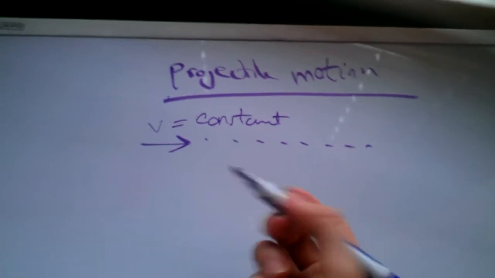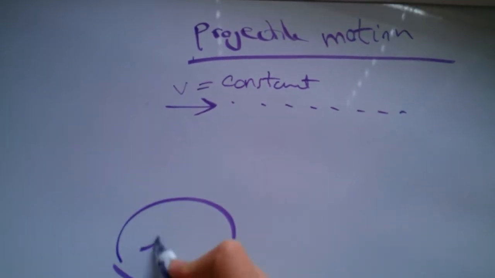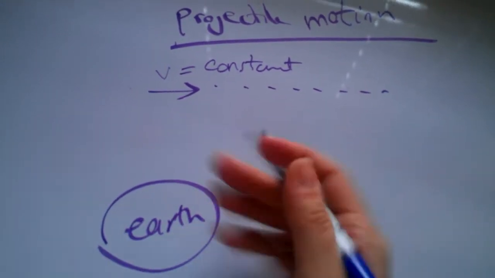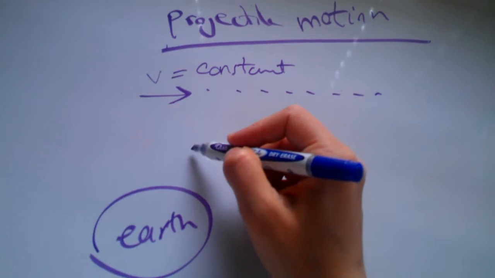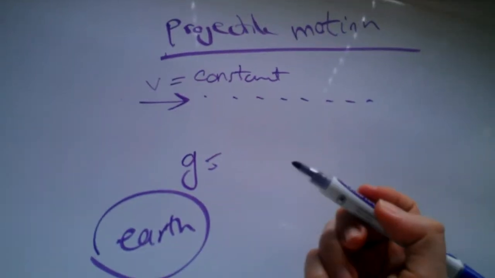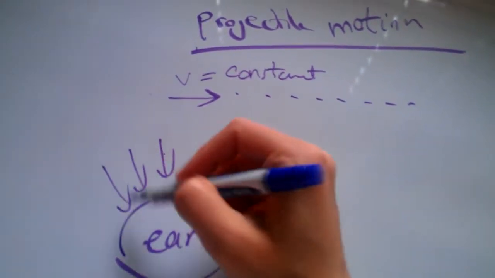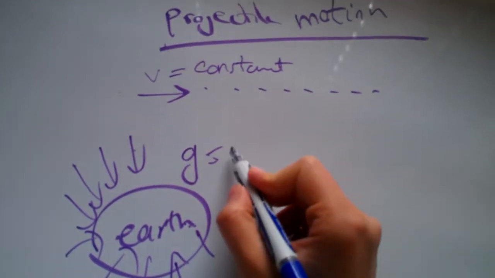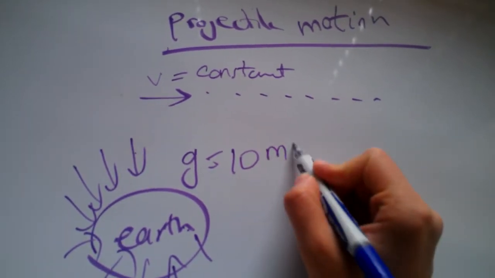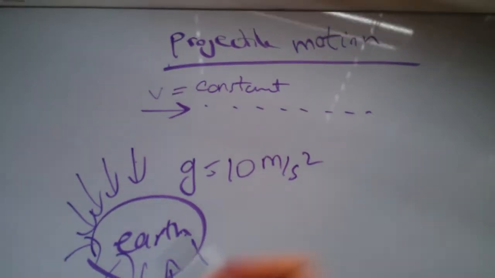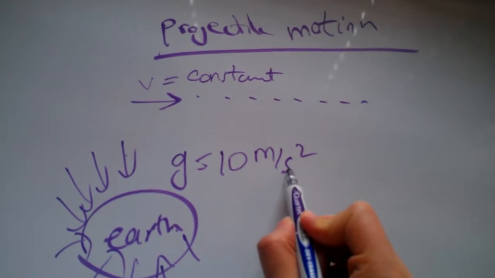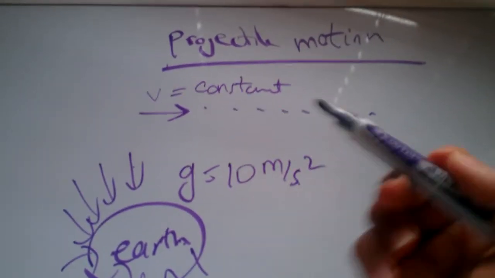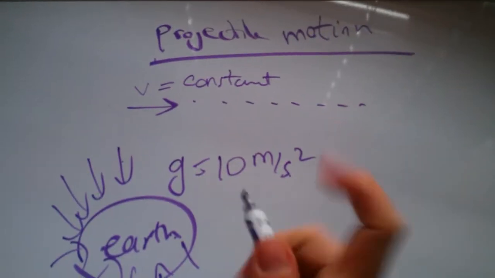Now, we also said because of Earth that we live on, or if we would live on any other planet, because of that body, that huge mass, there is gravity due to this mass that draws everything towards its core, towards its center. For Earth, it turns out that this acceleration is 10 meters per second squared. So in every single second, if something is thrown upwards, its speed gets decreased in every second by 10